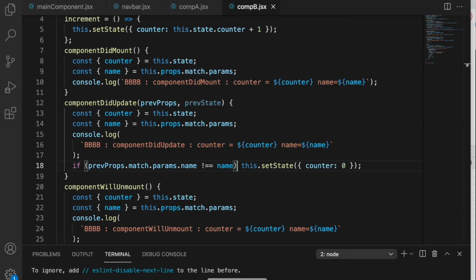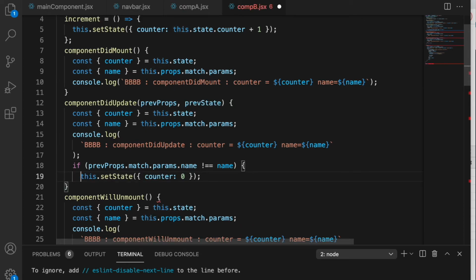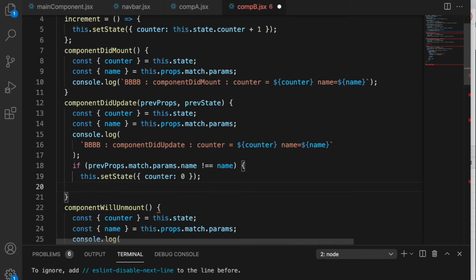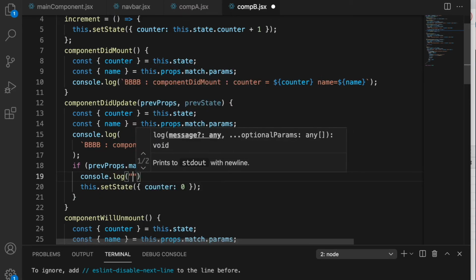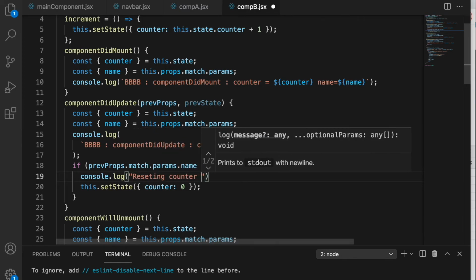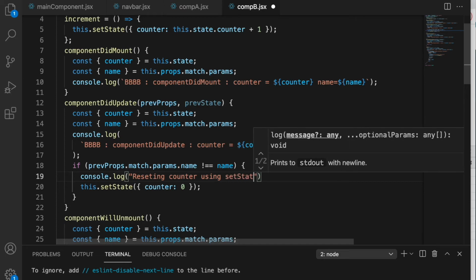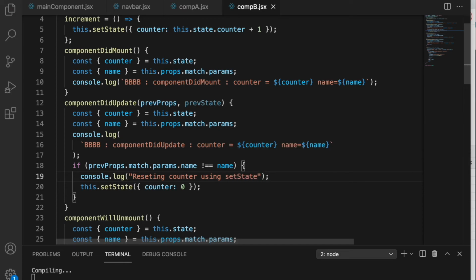Let's put a console.log again. Let me put a console.log here to say console.log resetting counter using set state. So this is what we are doing so that it's very visible.